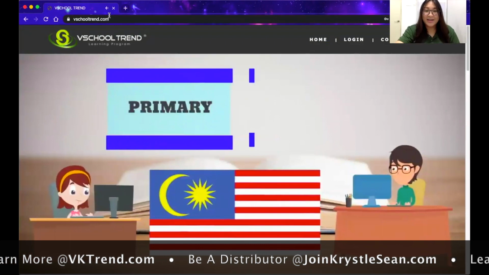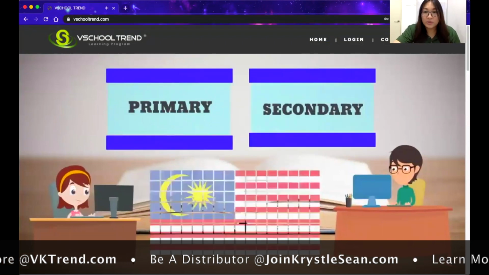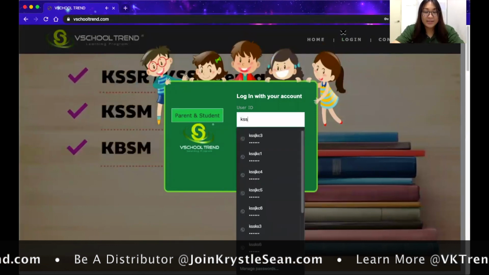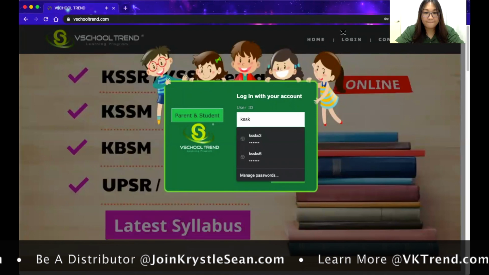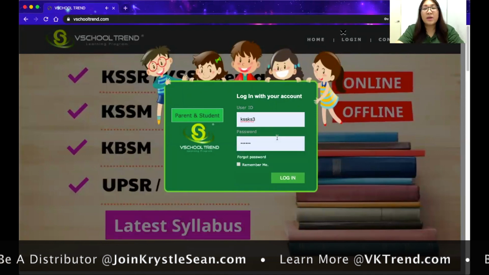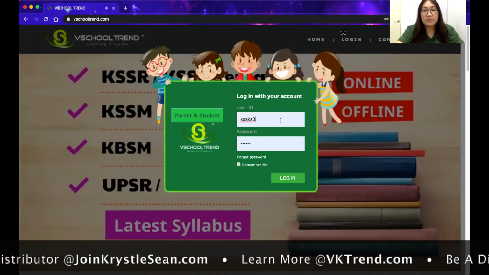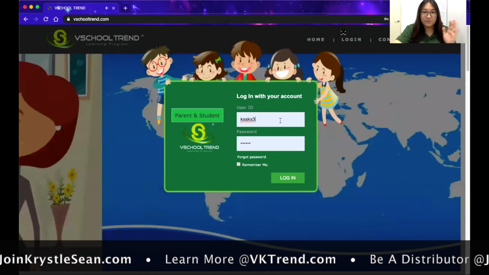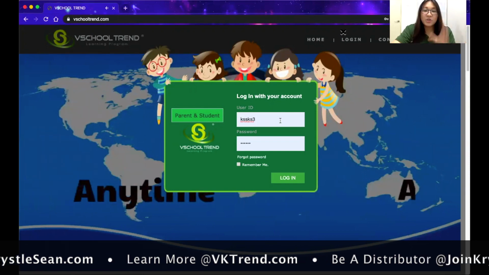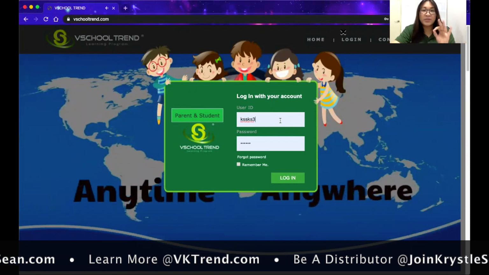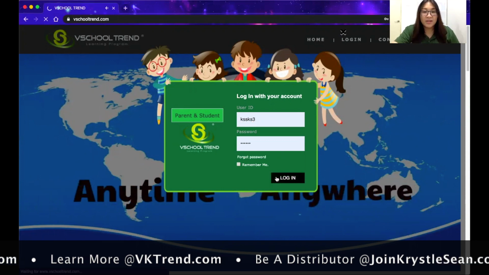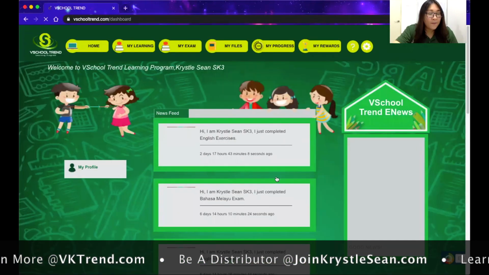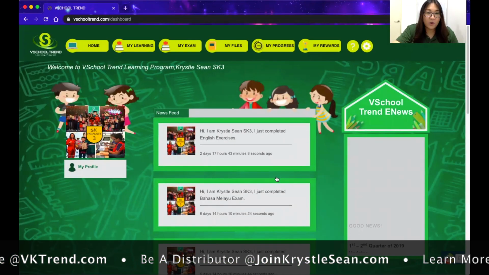Okay, so right now let's jump right into it and click login, and I'm gonna go through it. So right now what I'm going to do is log into Sekolah Kebangsaan Syllabus and show you how it's like for a primary 3 student portal. So click login, and then immediately they will bring you to the home page. So this is how it looks like for the home page.